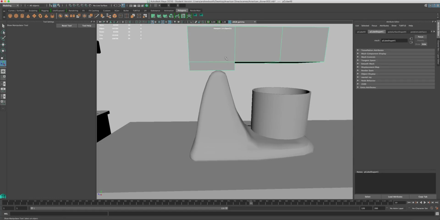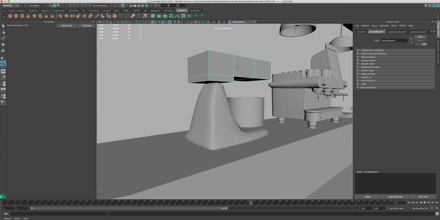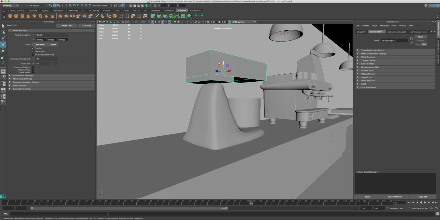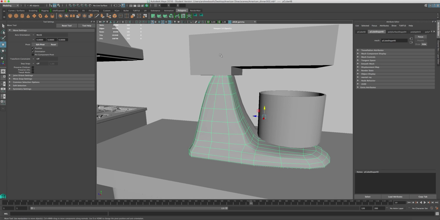Like so. And pull it down. So now what we need to do